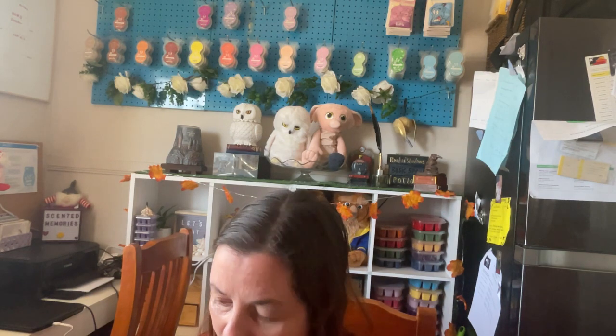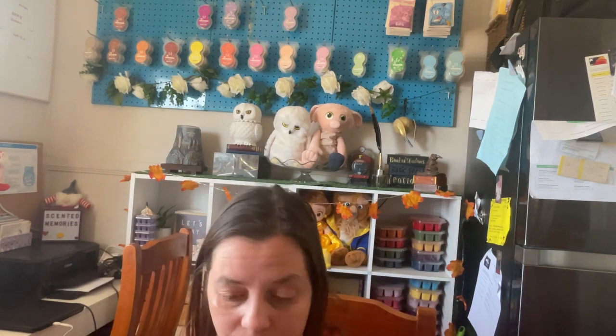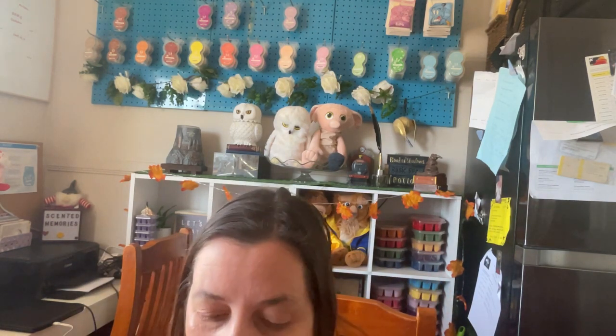I love it in bathrooms in summer. I love it in bedrooms in summer. I love it through the house all summer. My daughter just loves it all year round. And then